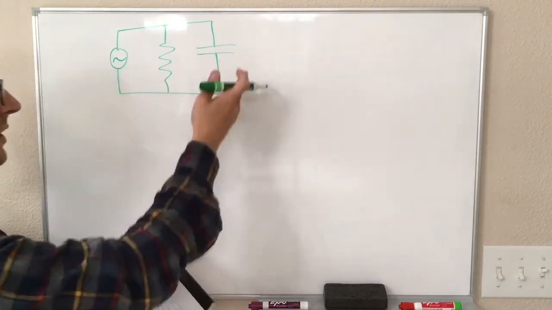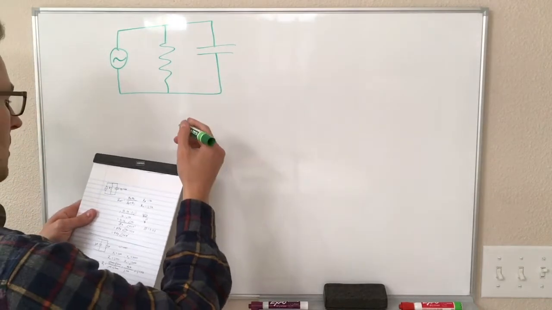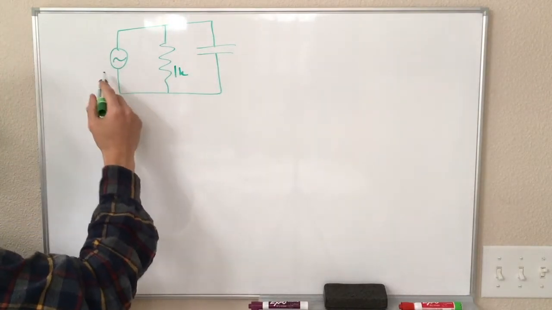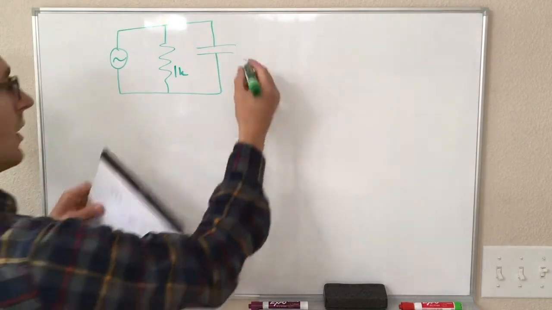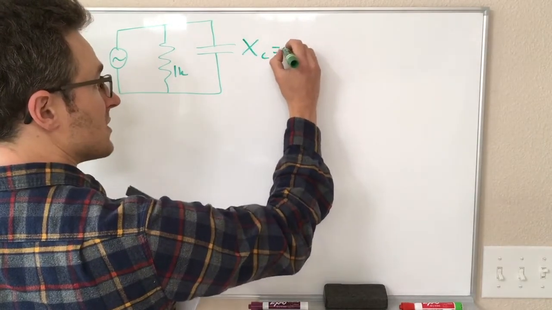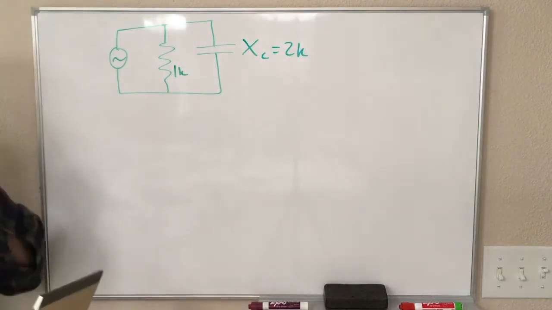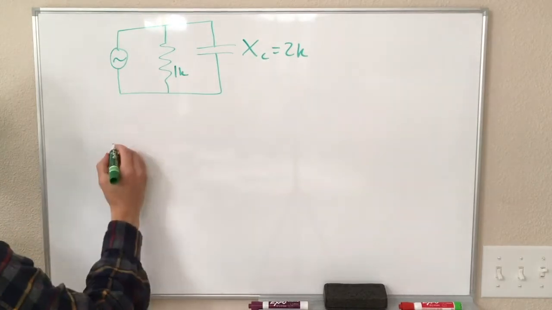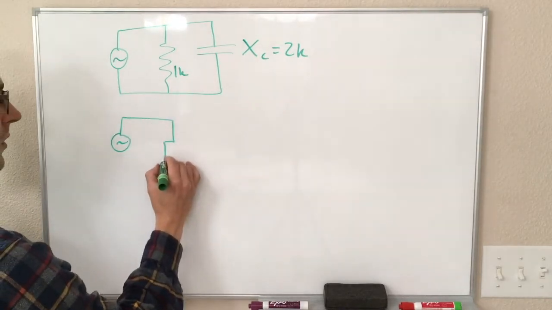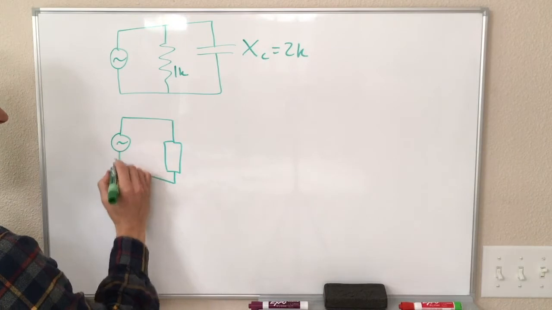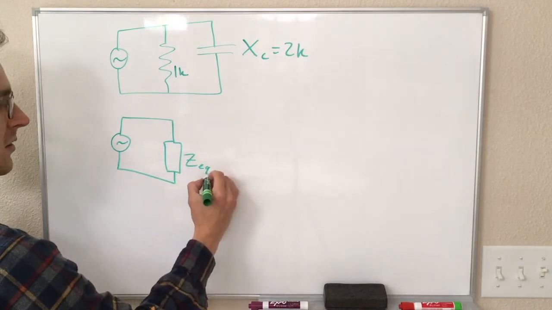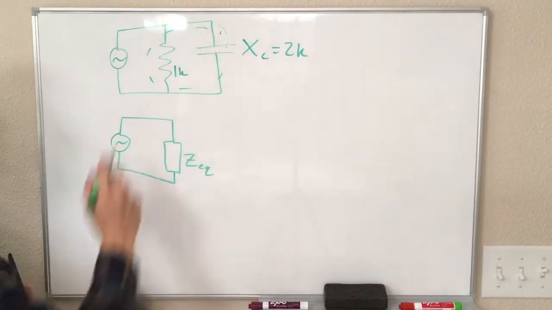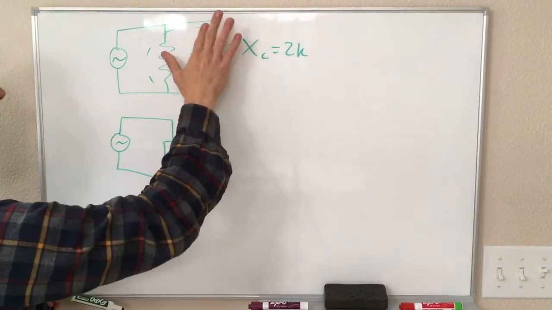And let's say, instead of being given values for these, we have a 1K resistor, but instead of worrying about what the capacitance and what the frequency is, we'll just say that whatever combination these are, they give us a capacitive reactance of 2 kiloohms. Okay, so we know that this circuit is equivalent to a single complex impedance, some equivalent impedance to these two things in parallel, and we'd like to figure out what